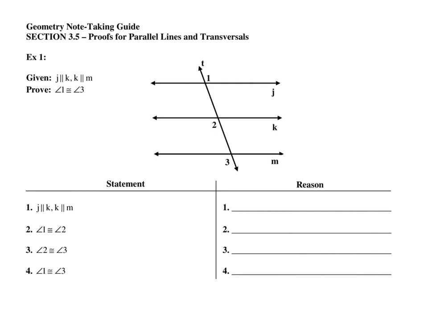All right, lesson 3.5, proofs for parallel lines and transversals. All right, example 1. We are given this information, and we must prove this. All right. So,